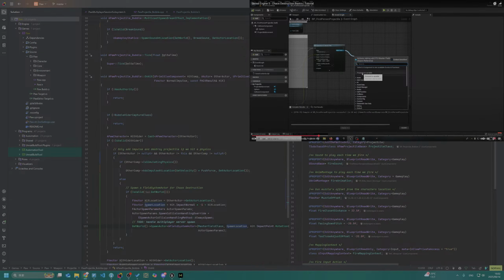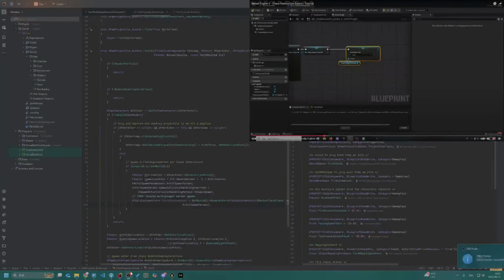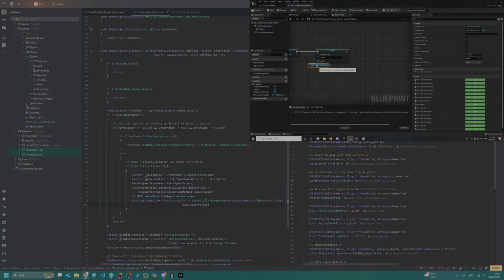Spawn scale 0.7. And we will also copy this variable a few times, so I can keep Control-C, Control-V, so I can paste it again. And we're going to get the field lifespan.